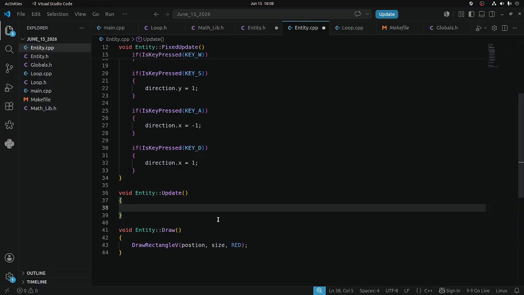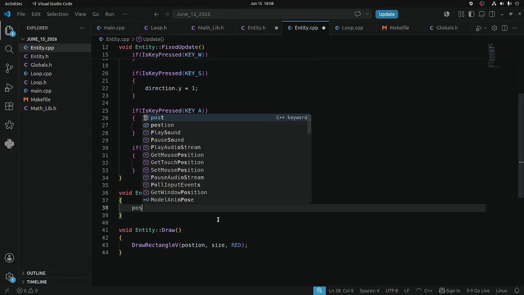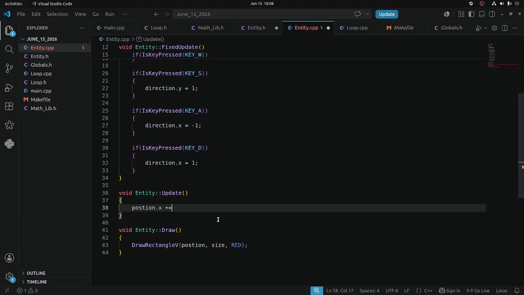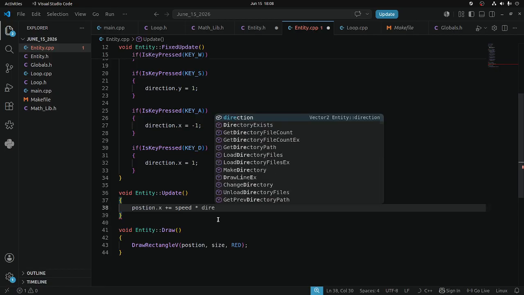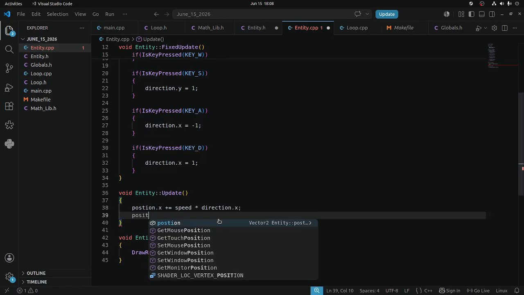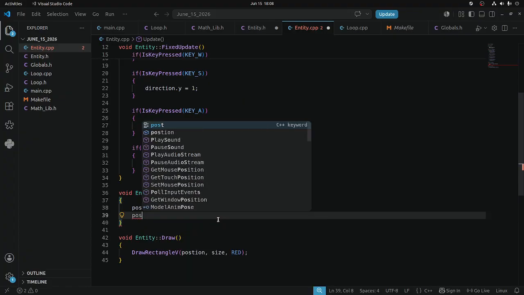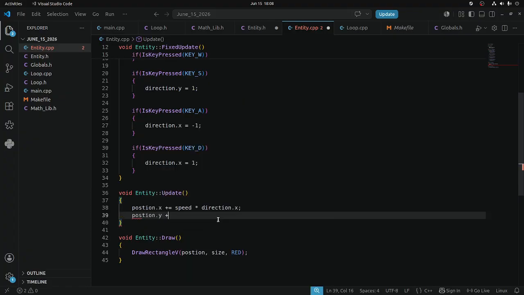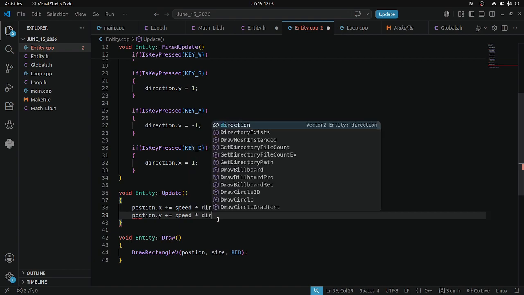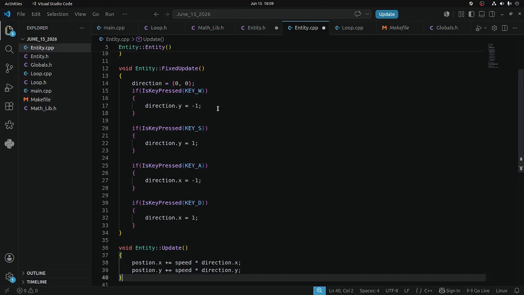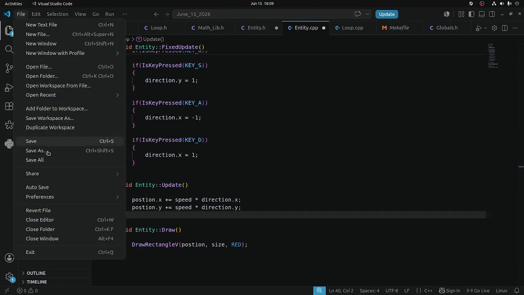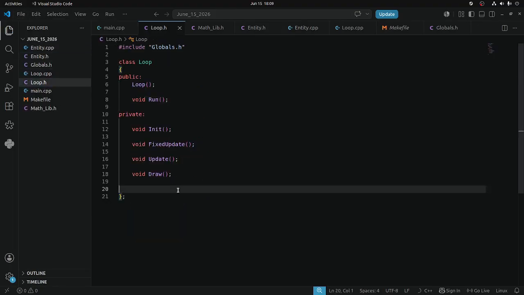And while we update, we could say, hey, our position in the x is going to increase and equal our speed times our direction in the x. And similarly here, our position in the y is going to increase and move by our direction in the y. This is fine. So if we file, save, and jump over to loop here,